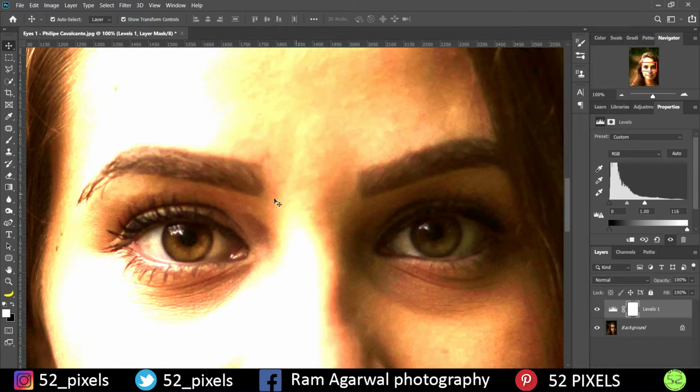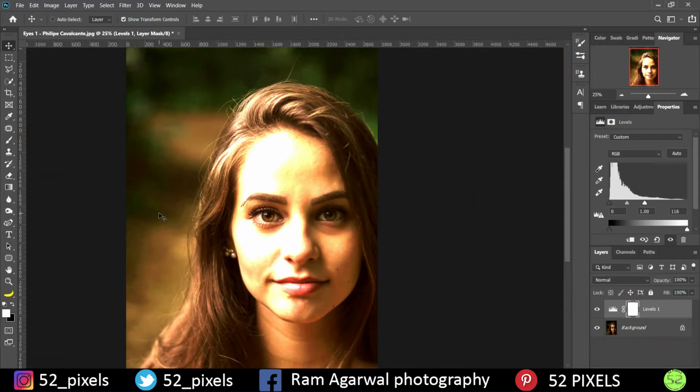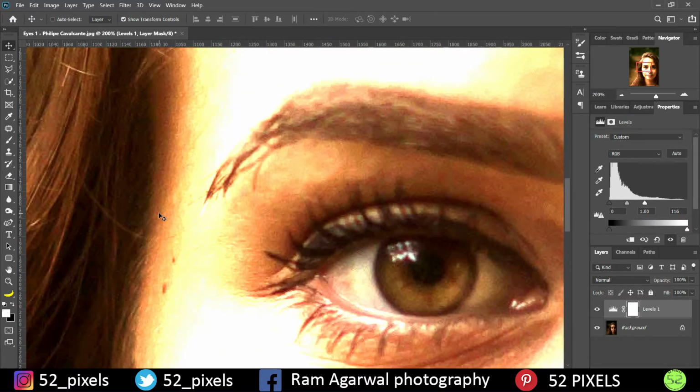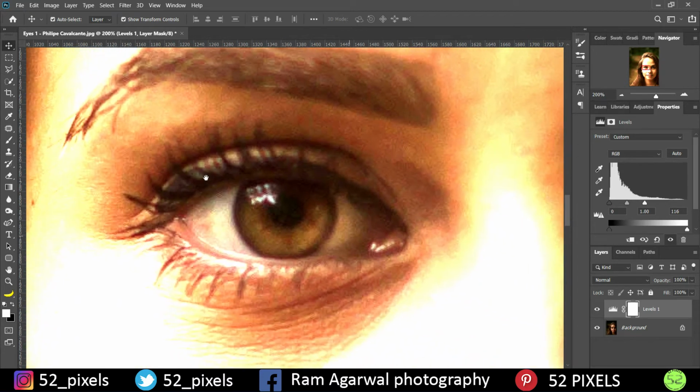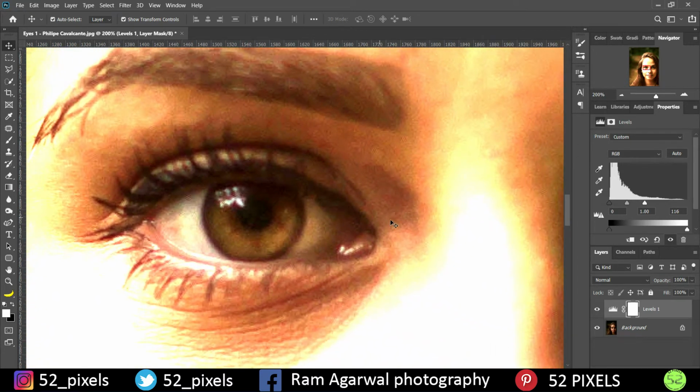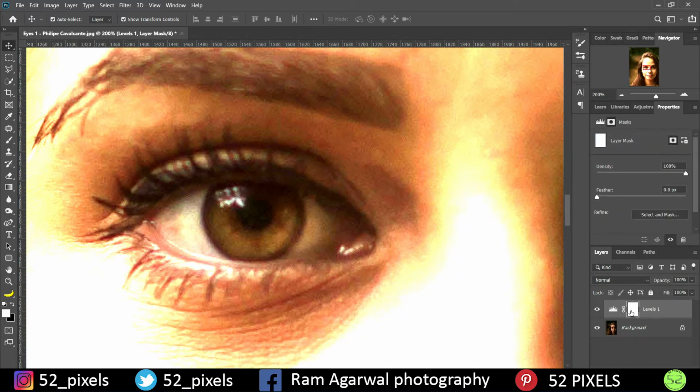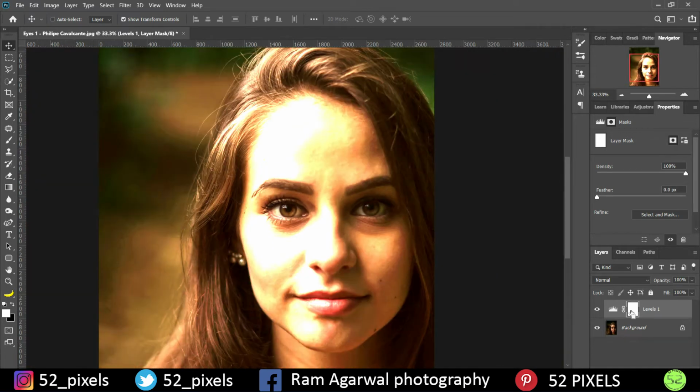But as you can see, with the eyes getting brighter, even the face is getting brighter. So if you see the overall image, it's looking so bad, it's looking weird, right? So we are not going to work with the whole image, we are just going to work with the eye. So once you are done choosing the proper amount of brightness to your image using levels, you can go to this layer mask, which is currently colored in white. It means that everything is applied, nothing from the image is subtracted. But I want everything hidden, I just want the eye visible, nothing else.